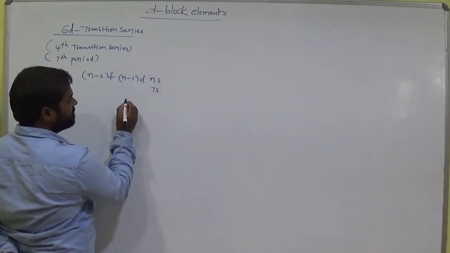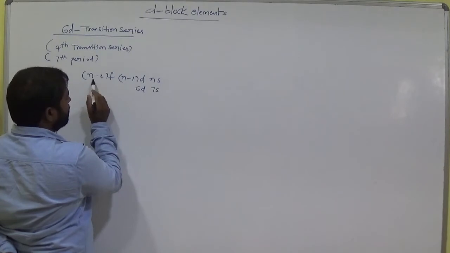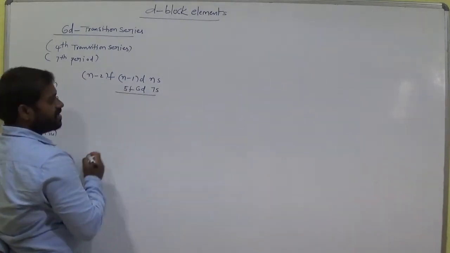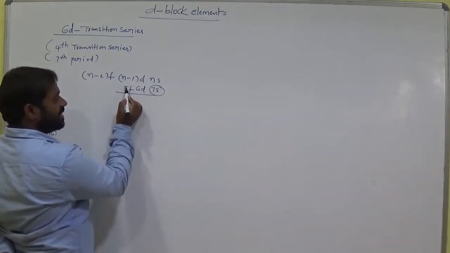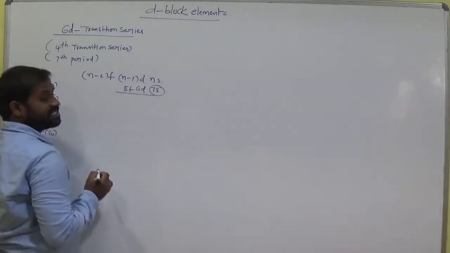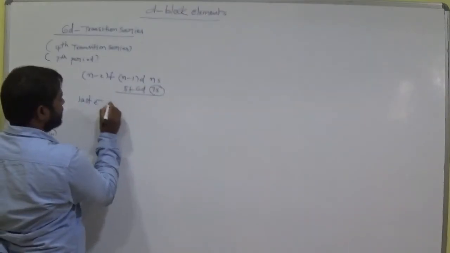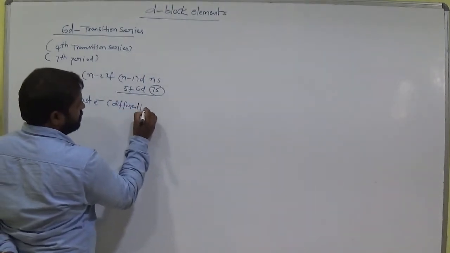That means 7s, 7 minus 1, 6d, and 7 minus 2, 5f. This is the order. First the electron enters s, then f, and after that 6d. The last, differentiating electron